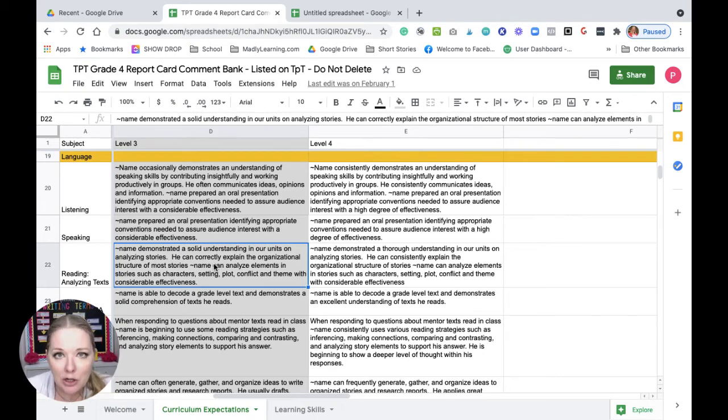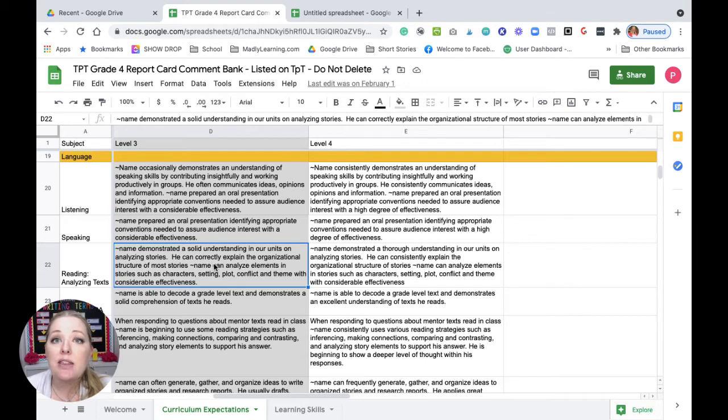I can pull the words conflict and theme out of their comments, so I can have it all pasted in there and then individually go out and remove those pieces. And now it's a customized comment for that student because it reflects their individual strengths, not just a general statement that every single person gets. So I really like there to be options here in my comment framework that I can pull into the actual report card comment and tailor the comment in their student report to meet those students' needs.